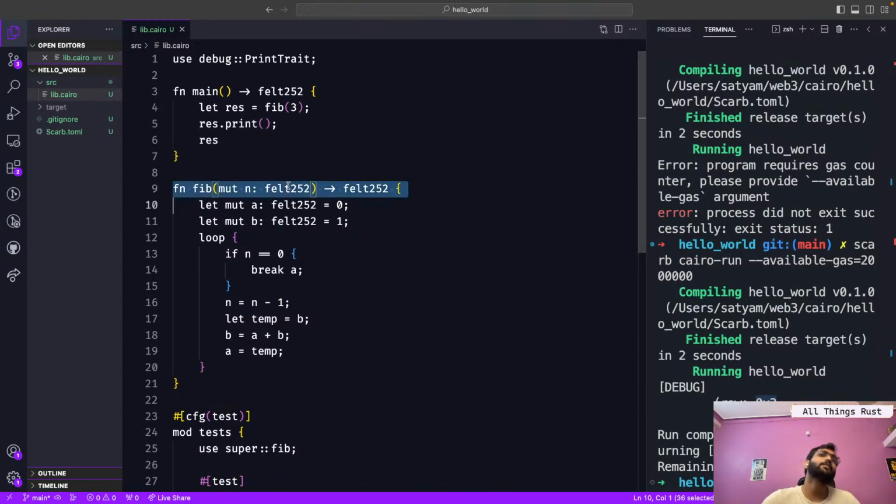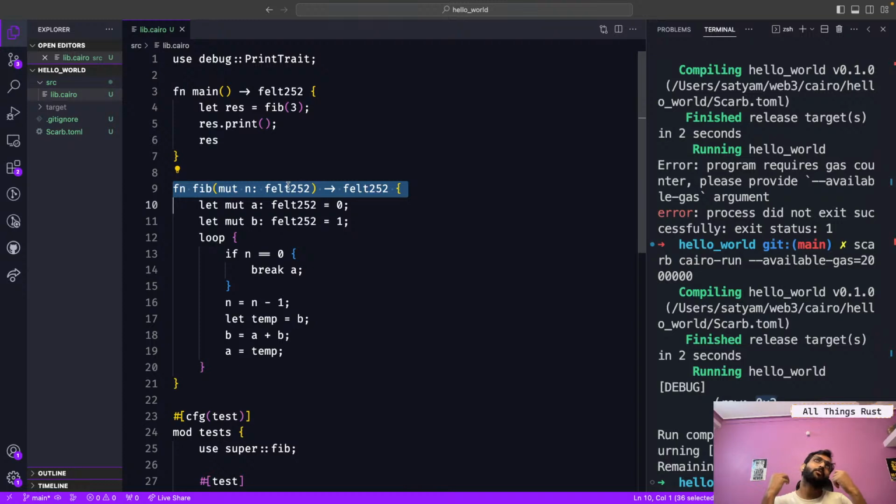The other interesting thing is the data type of field element. Field element is something very new, specific to Cairo, because of the way these provable programs work.